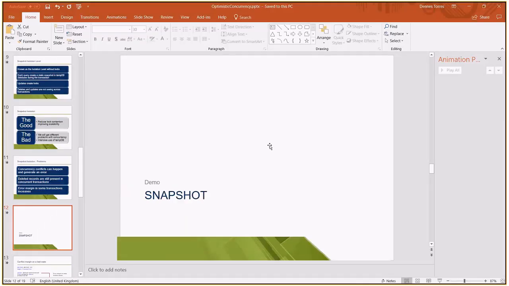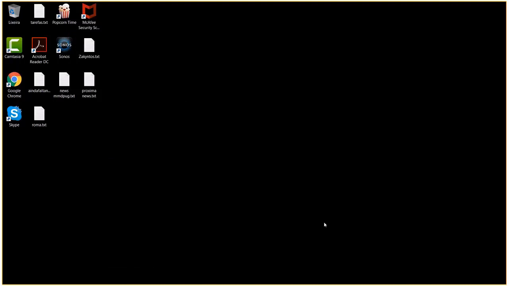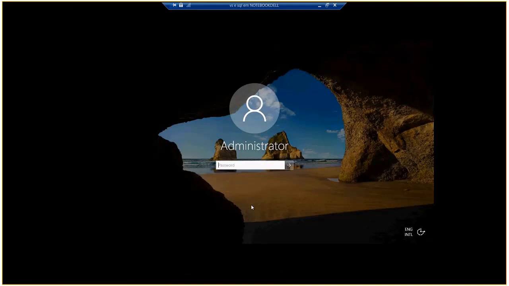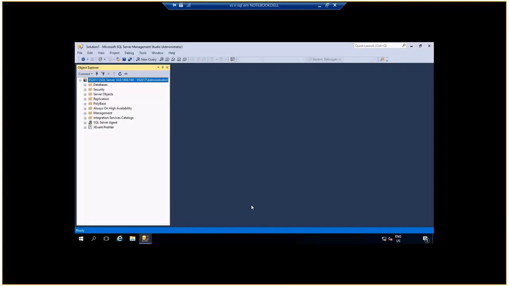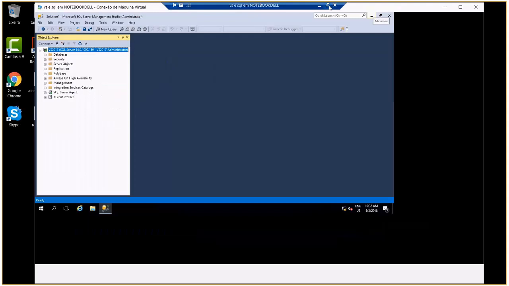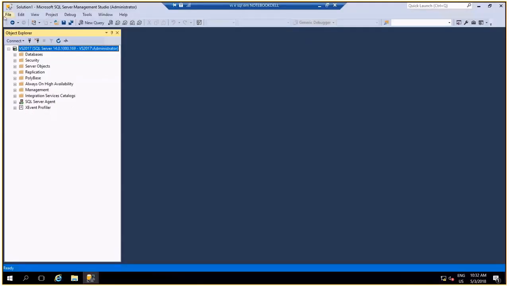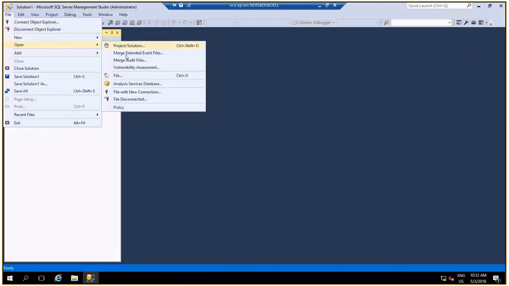Let's see a demonstration, first with the snapshot isolation level. I will open some script files.